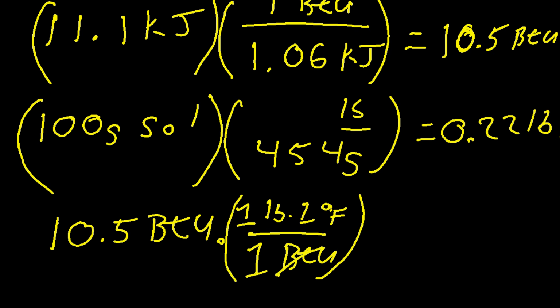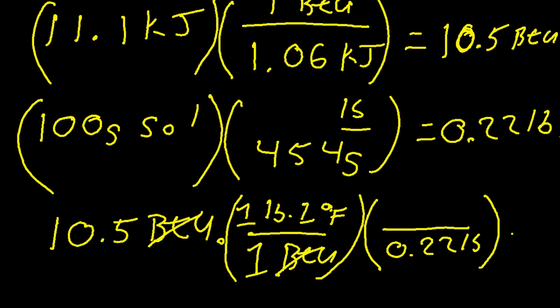My BTUs cancel. And then what I need to do is put the pounds on the bottom here to make pounds cancel, 0.22 pounds. And then when I calculate that out on my calculator,